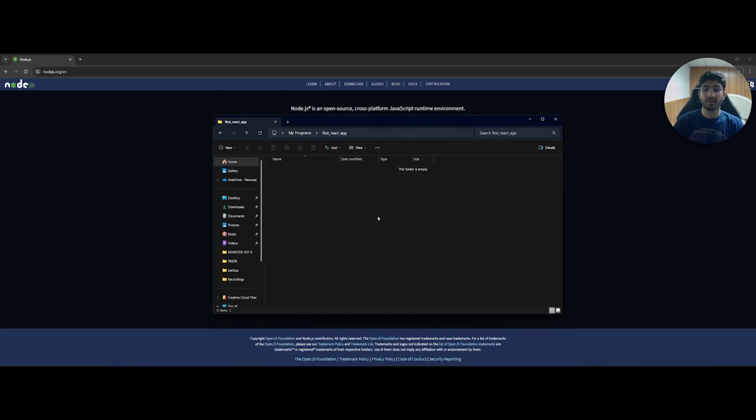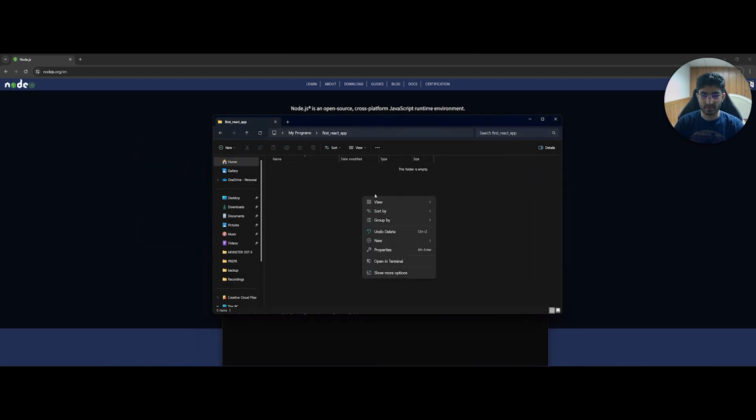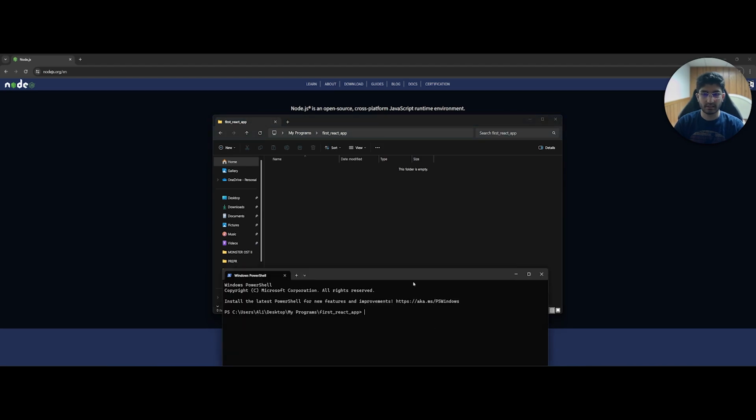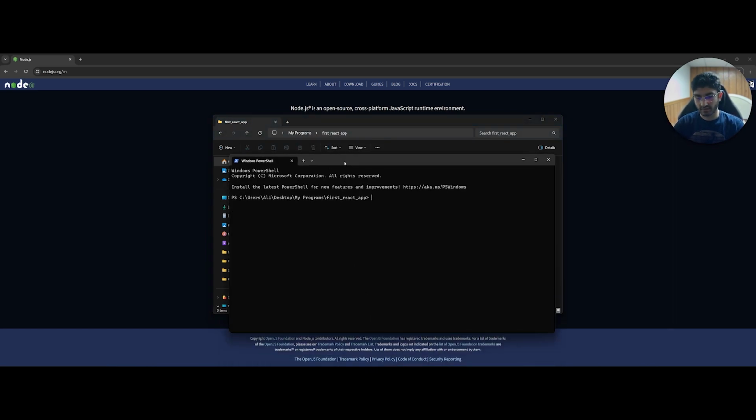Great. So now that NPM is actually installed, we can go ahead and install the Create React App module. And how do we do that? We first go to the folder where we are planning to install our React application, and then we open the terminal here. That was on Windows 11, in case you missed it. You right click and then open a terminal, and it's going to open the terminal in this path, which in this case is my programs and then first React app folder. And here we can type npm i, which stands for install, and then create-react-app